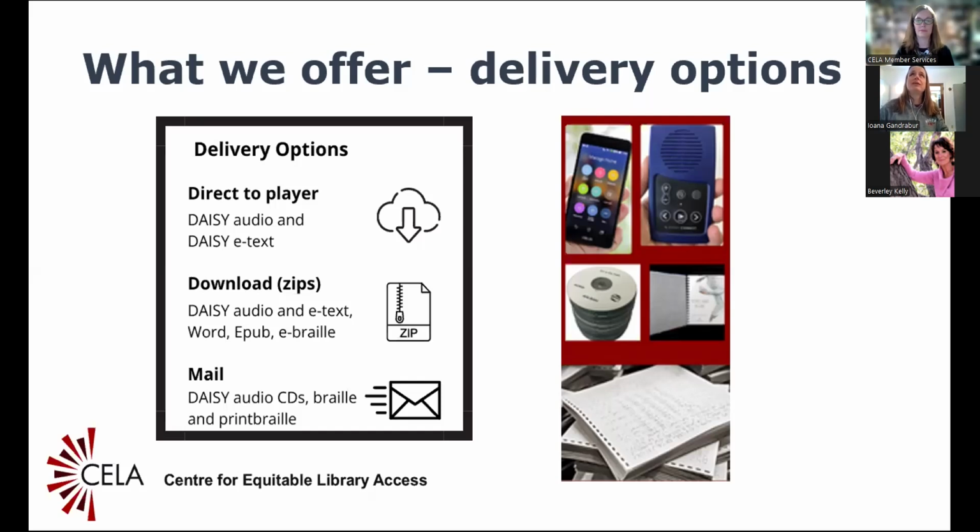And as the name indicates, if you choose this format, as long as you have a compatible app, such as Easy Reader on your iPhone or tablet, the books will be automatically delivered to your device. You don't need to download them yourself and then transfer them. So it is a very convenient way to access your books. And this way you don't even have to wait for a CD in the mail,